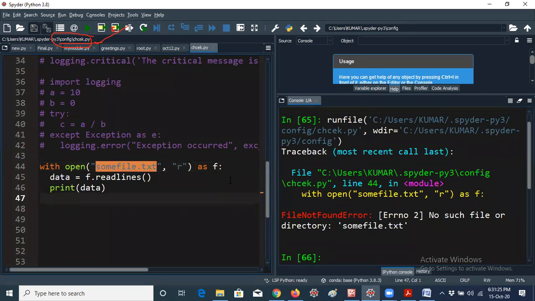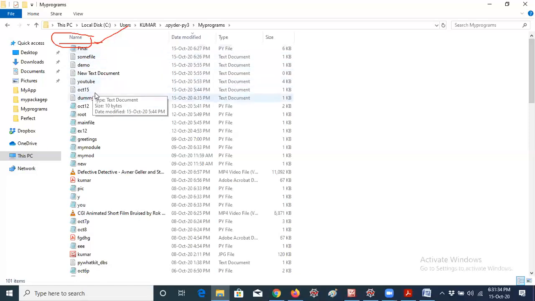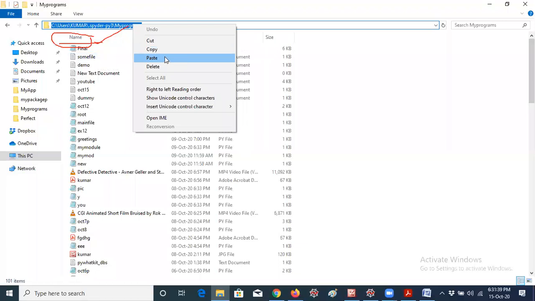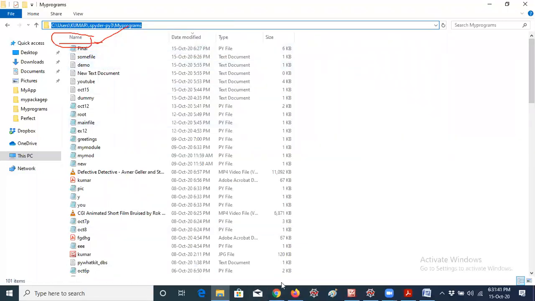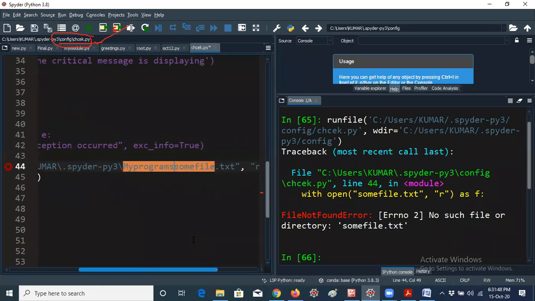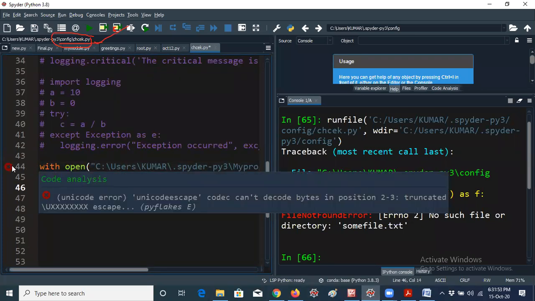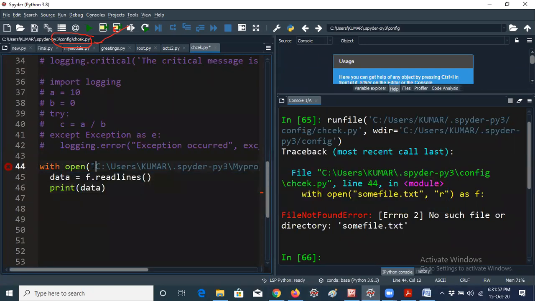So if you want to give a particular file, you have to give the complete path. That means where we have, for example, some file.txt, you need to copy all the lines here and paste here. One minute. Unicode escape. I think it is not supporting actually. Anyway, I will give single quotation. One minute.